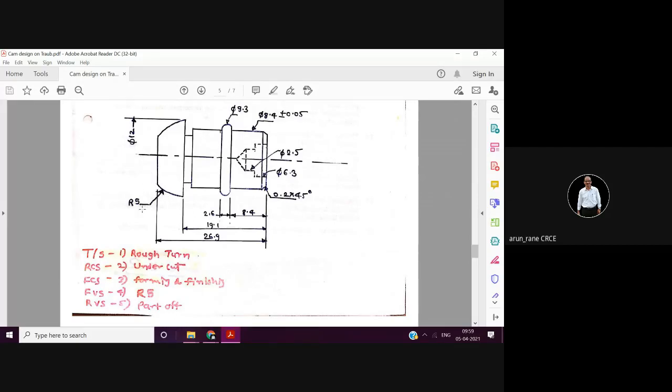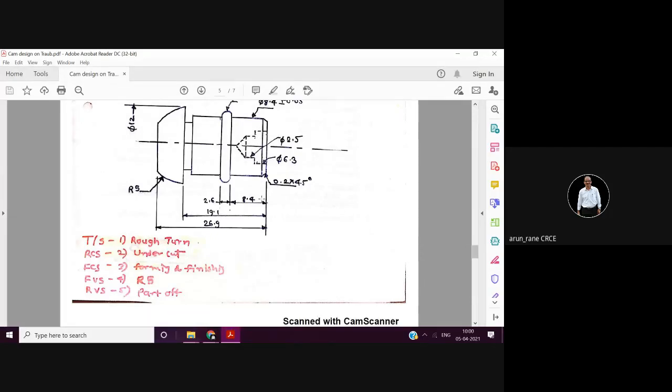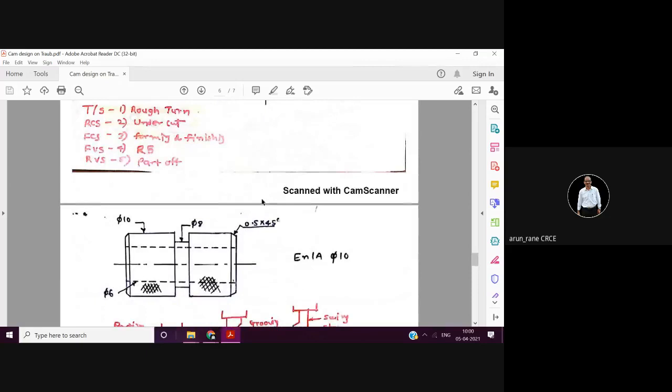The front vertical slide will have a tool like this. Its shape will be like this. So it will do this forming as well as the parting also. And then the rear vertical slide will do the parting off. So disc cam, disc cam, disc cam, disc cam, and cylindrical cam. So altogether 5 cams. Now when you are doing the rough turning part, at the same time you can do this drilling also, simultaneously. That design I will also show you.